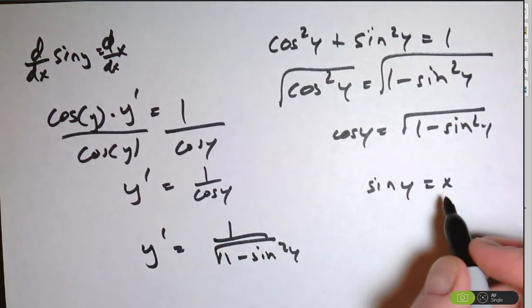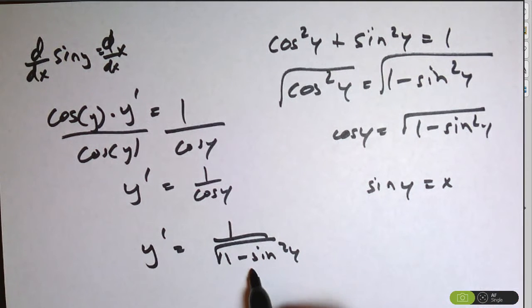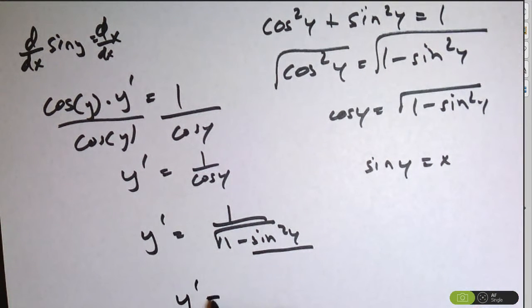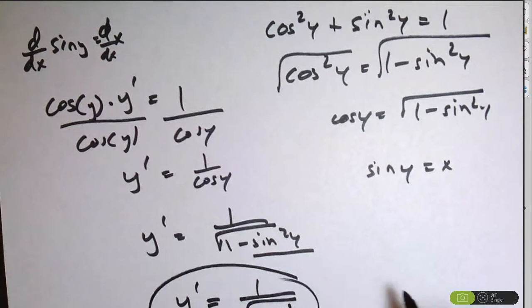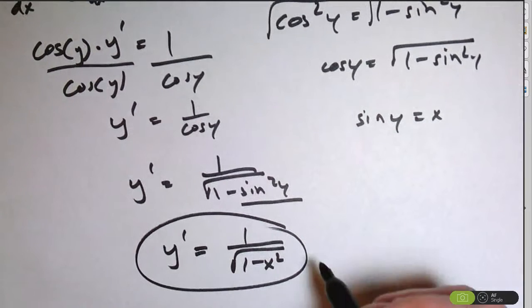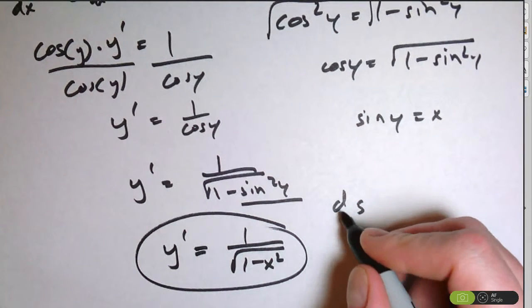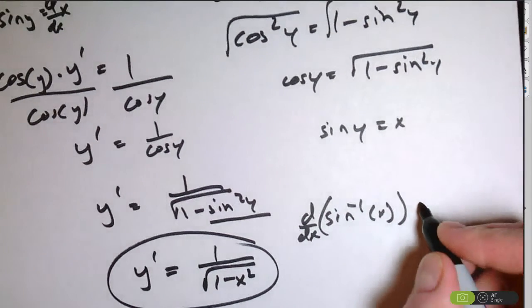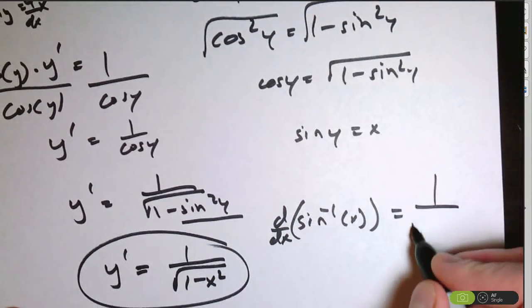That's what inverse sine actually means. So I'm going to replace sine y with x, which means instead of sine squared y, it's going to be x squared. So there it is: the derivative of the inverse sine of x is 1 over the square root of 1 minus